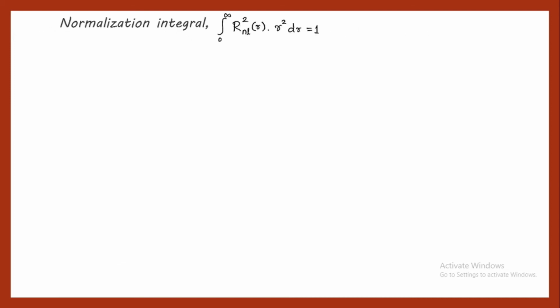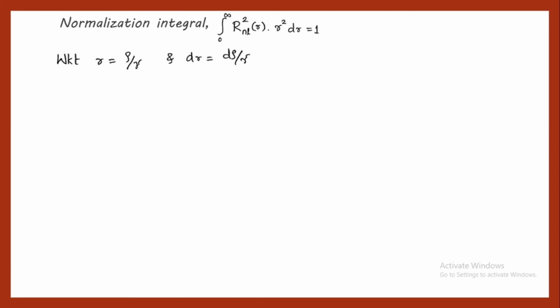So now let us find out what is the value of N here. That is, we need to use the normalization condition, integration from minus infinity to plus infinity of psi star into psi equal to 1. So here the normalization integral with respect to the radial wave function will be integration from 0 to infinity of r square into R_nl square of r into dr is equal to 1. So it is again the same thing, that we get the radial probability density.